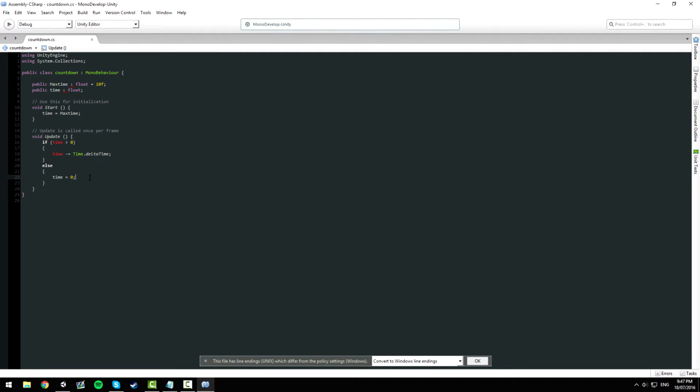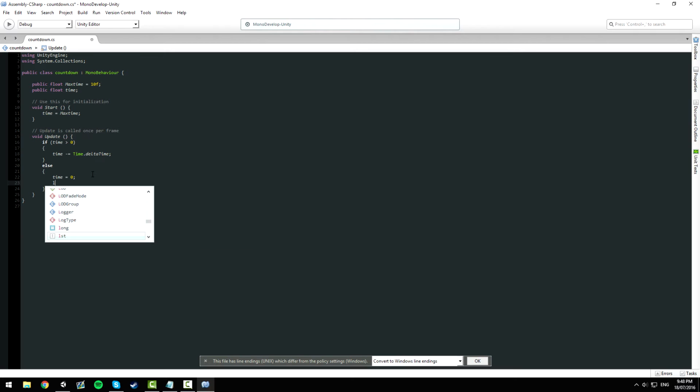So now our countdown script's actually finished. Oh wait, sorry, what am I doing? I thought we were doing JavaScript. That's funny. If we want, say, after the countdown to show a screen or go into a new scene, we can put it in this else statement, or we can have a variable like a boolean saying that the timer's countdown is equal to true. We could say load level or something like that, but for now we'll just say print